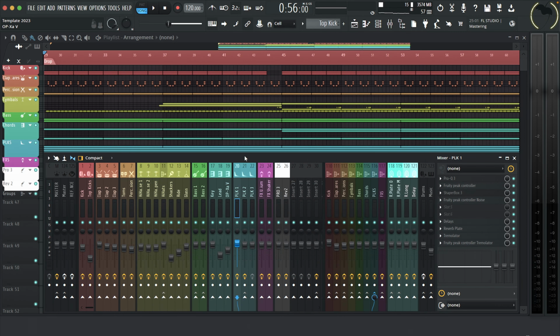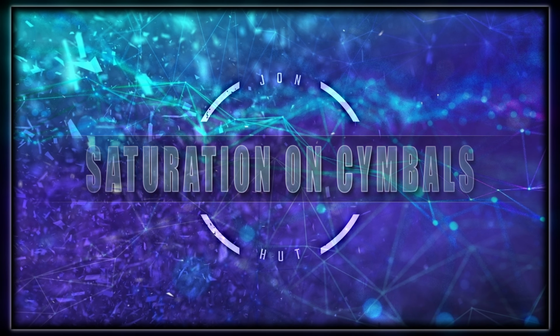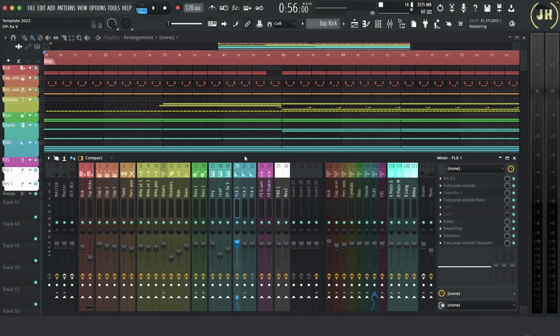Okay, and now let's have a look at the next essential tip. Okay, this is a simple but really effective trick, which consists of saturating your cymbals. So if I go to the cymbals group, in here, the plugin that I always use for this tip is